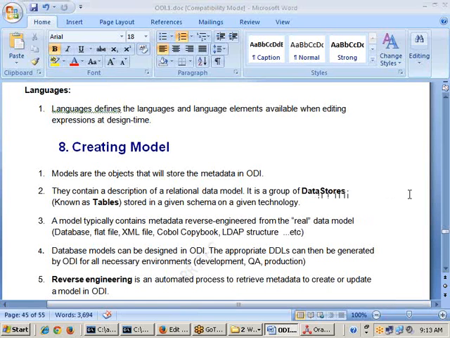Hello Ram, still I don't have access to the ODI documents and videos. I sent 5 emails to